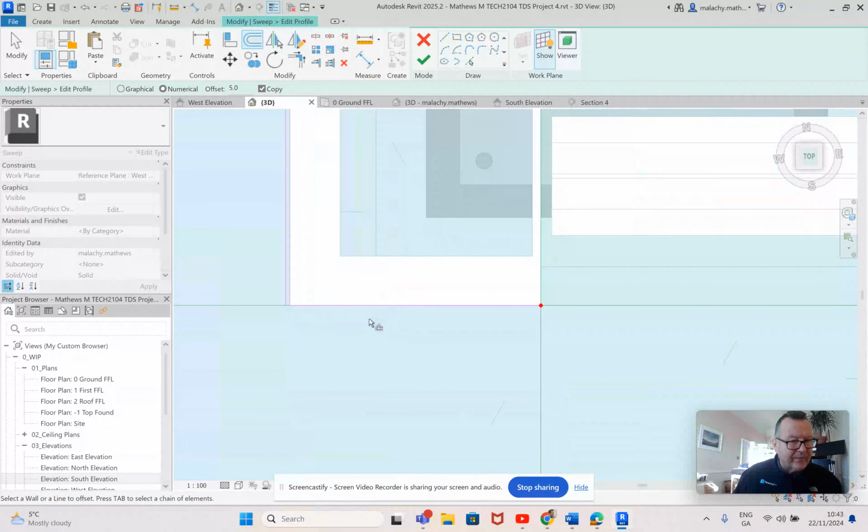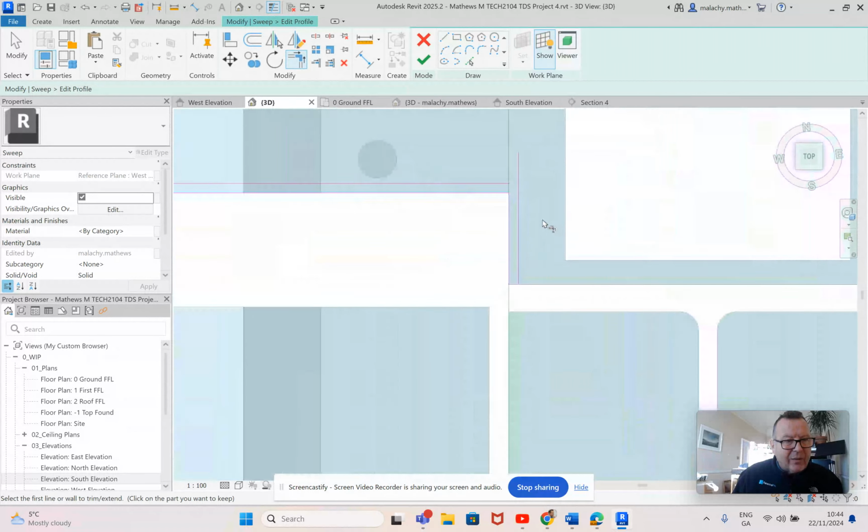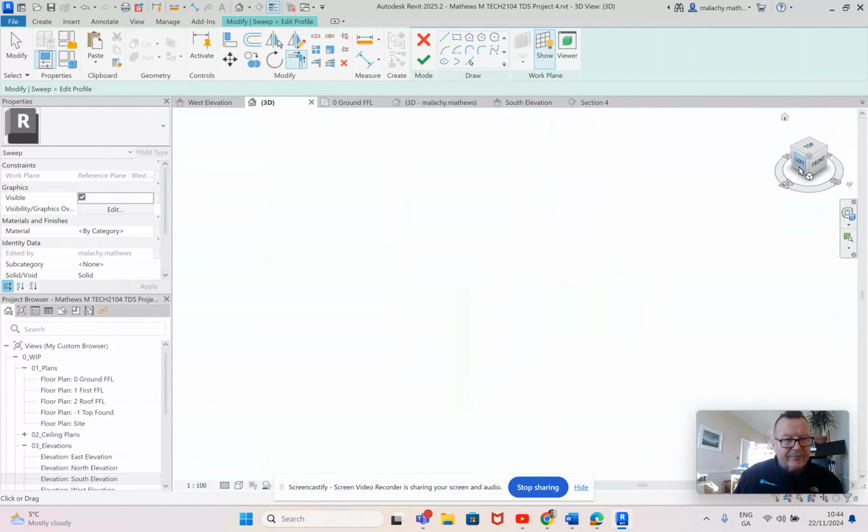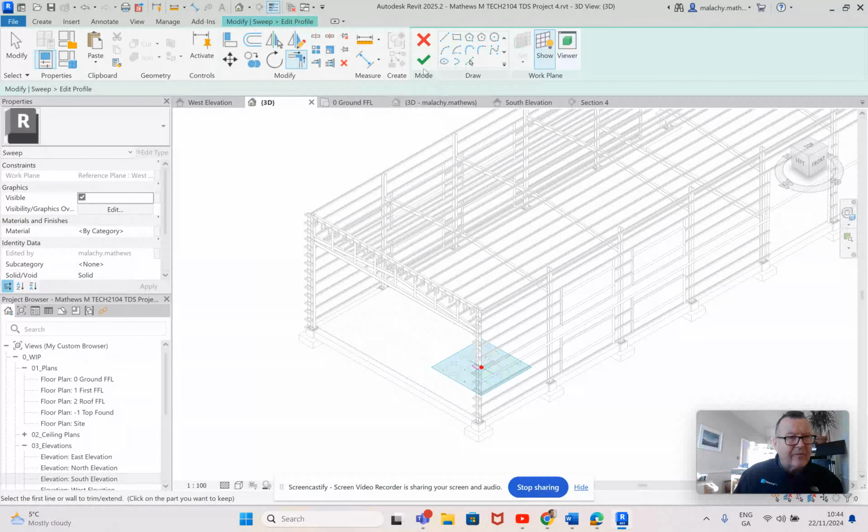Okay, and now I'll use the line work here, bring it up to approximately there, out 5. Okay, now we'll just do a little bit of a trim. So what I'm doing here is getting a closed line the whole way around. Okay, now if that is a closed line the whole way around, I'll go back into my 3D view here. Okay, and we're going to finish,